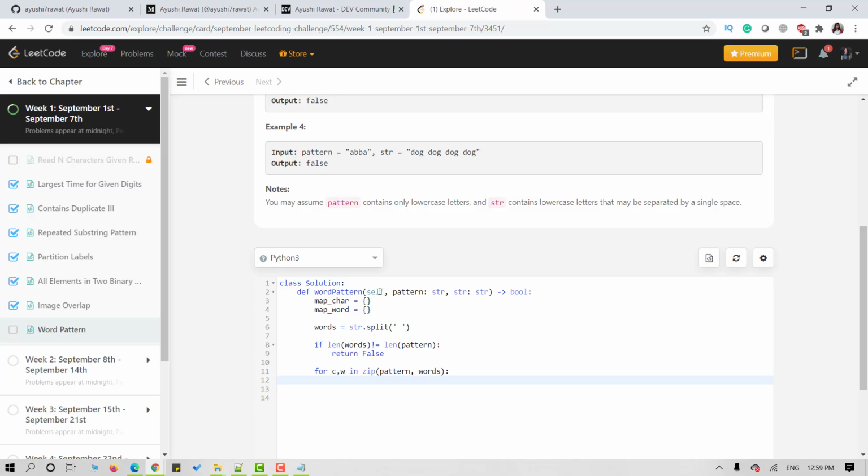Now we will check for presence in mapchar and mapword. If this condition is true, then we can immediately return false.